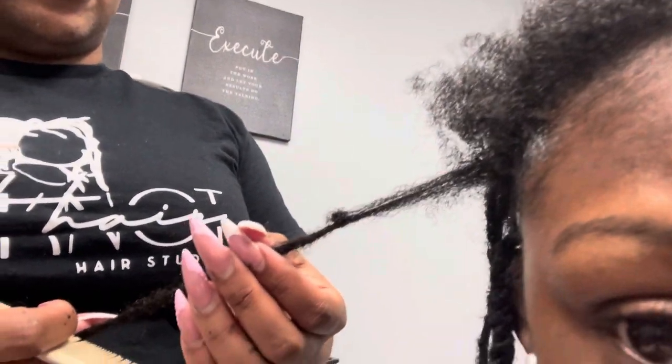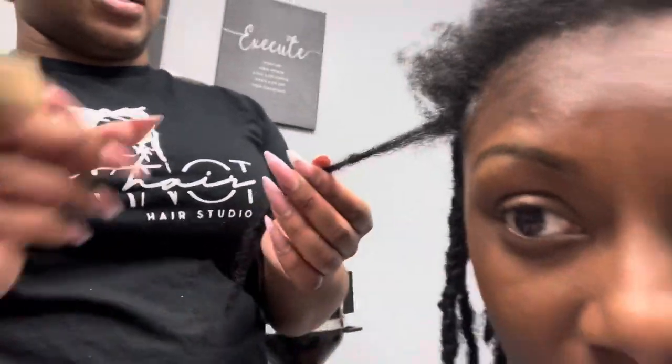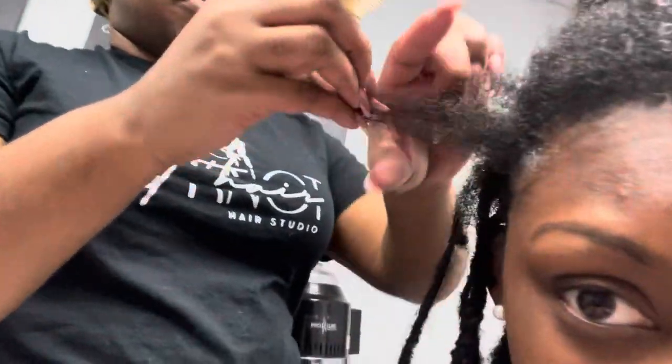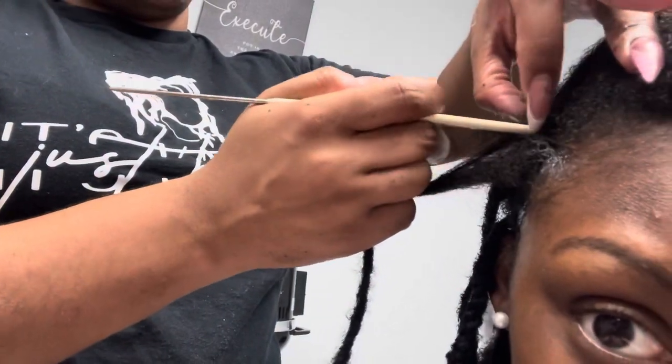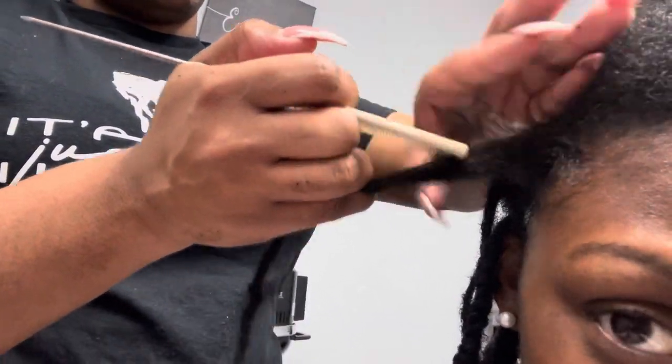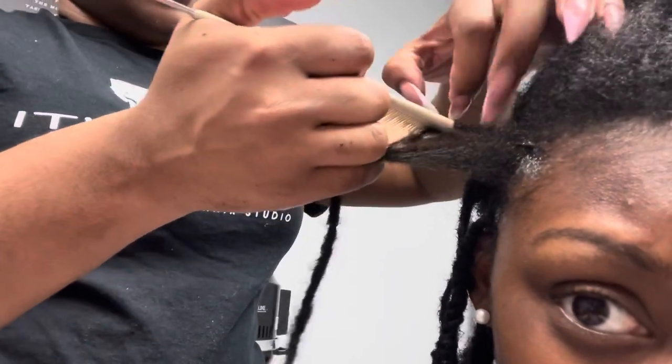Wow. That is crazy. Yeah, but we're gonna reattach it. I'm gonna fix it, cover the piece while you're here. This is another spot. That's where the other lock fell out. So it's like